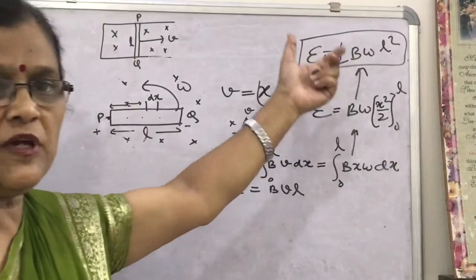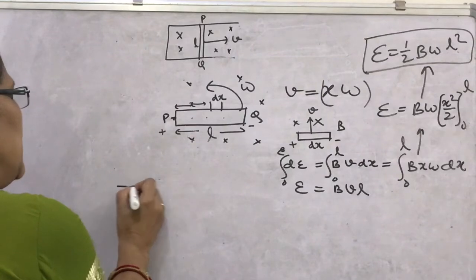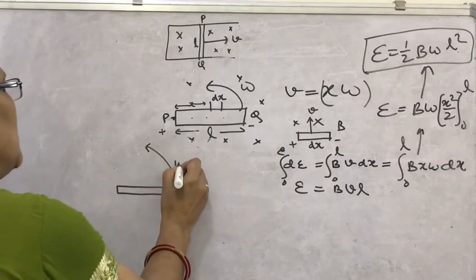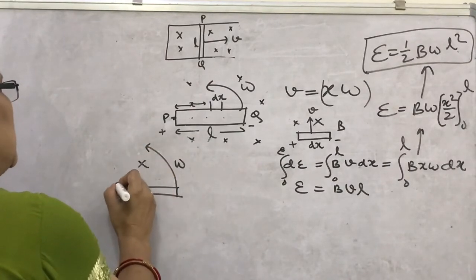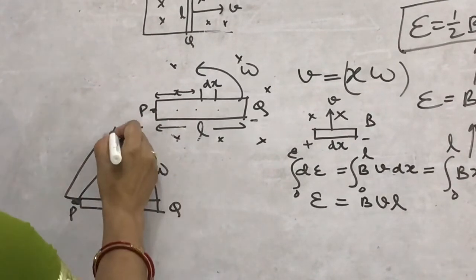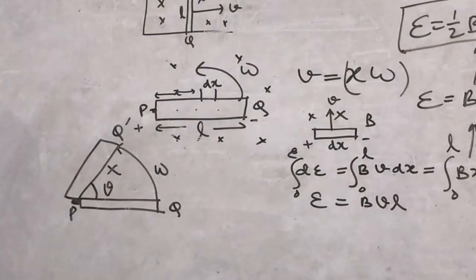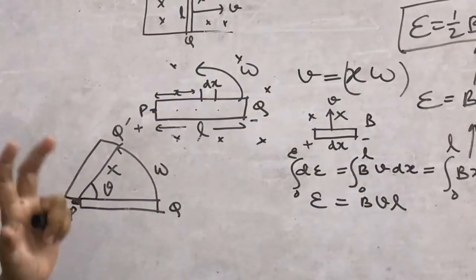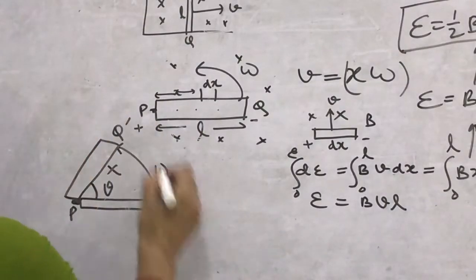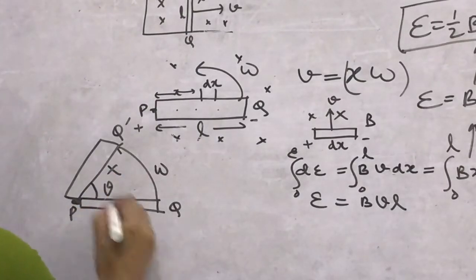You can find the same expression as per the numericals given. I am giving you the simple expression. Suppose this is the rod, and if it covers a certain distance due to its motion in the magnetic field, the new position of the rod becomes like this from the point P. Earlier it was Q, now it is at Q dash. Suppose it covers a certain angle theta. How will you find the same expression, motional EMF? You know that for one complete round, the area is pi r square. R is here L, so you can write here pi L square.